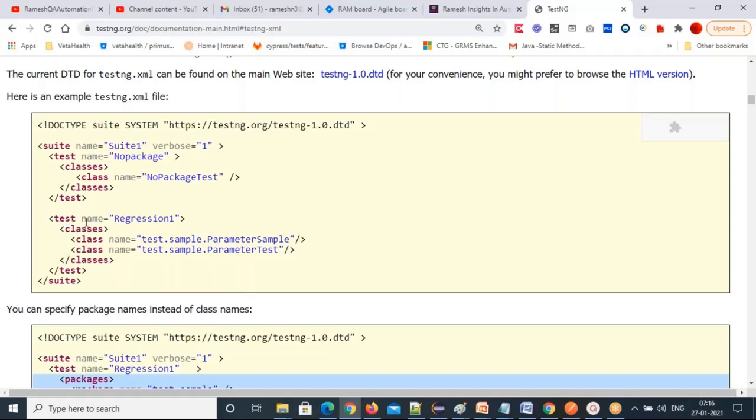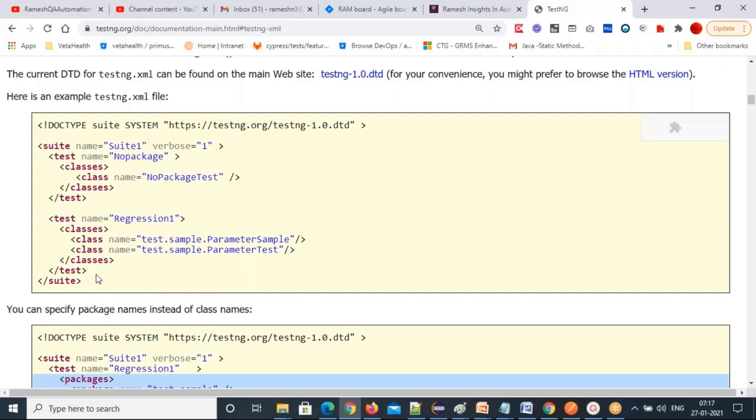Then after the before test code, it will come inside the test tag, the regression test tag, and each class it will execute. So class 1, class 2 will execute, then this test tag is ended. Then the cursor will go to after test. So that means before test is repeating for every test tag, and after test is executed after the test tag's classes execution. That means before test, then the test tag's classes inside, then after test.